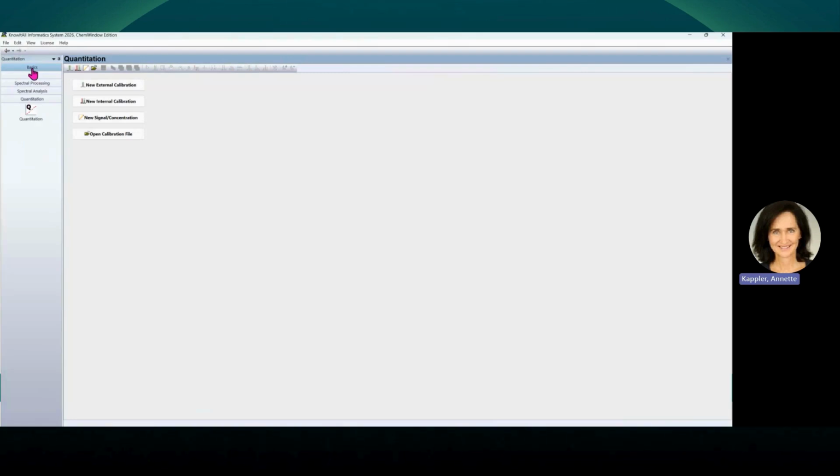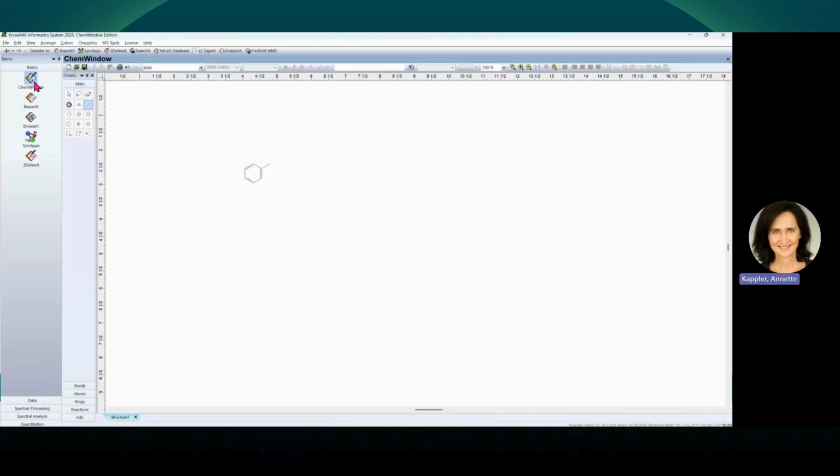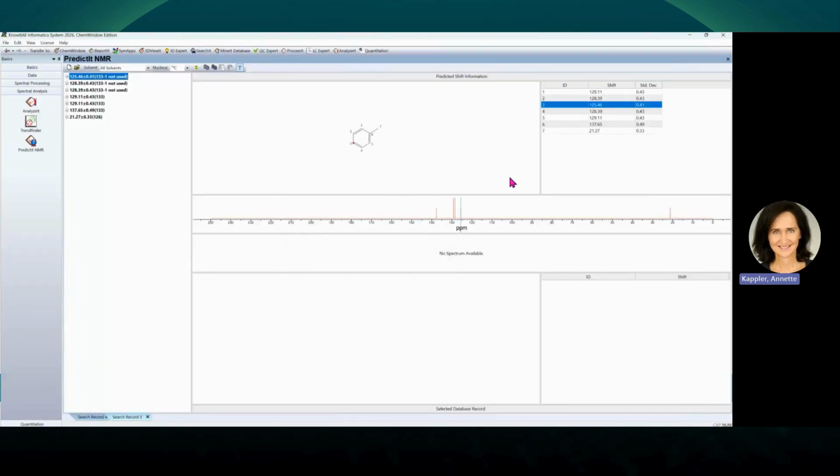One important feature in KnowItAll is you can transfer between different applications. If I start here in ChemWindow with a structure, I can transfer this either to search it and do an infrared search, or maybe I send it over to Predicted NMR, and now I can do my chemical shift predictions. So with the flexibility and combining of spectral reference databases, KnowItAll has over 9.5 million spectra in our collections,